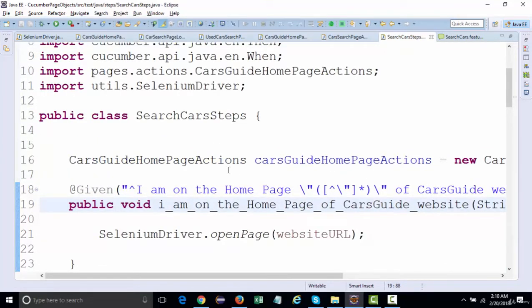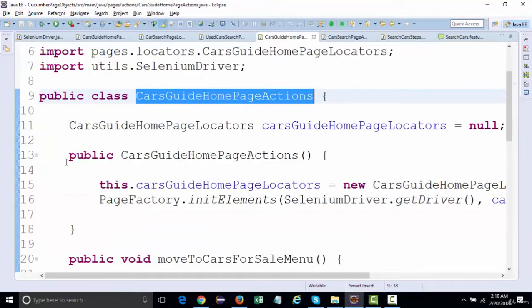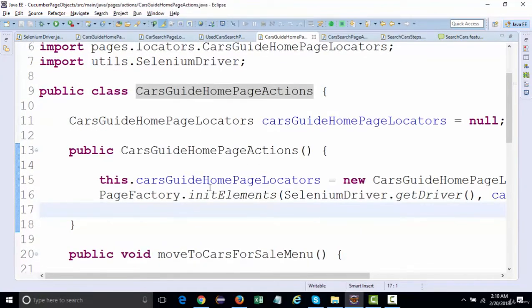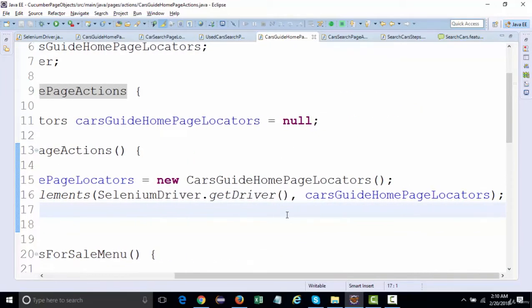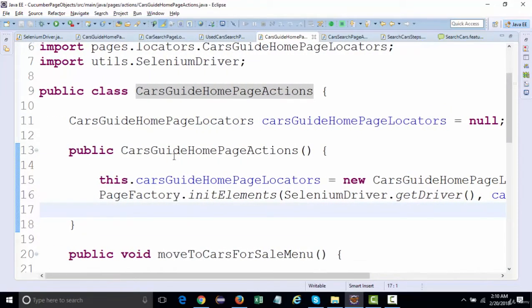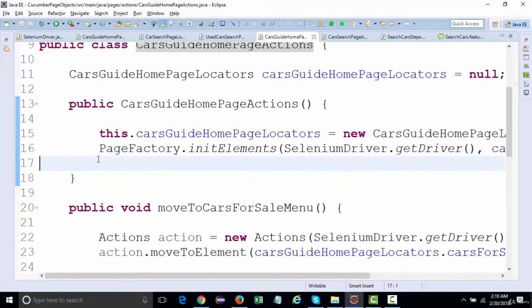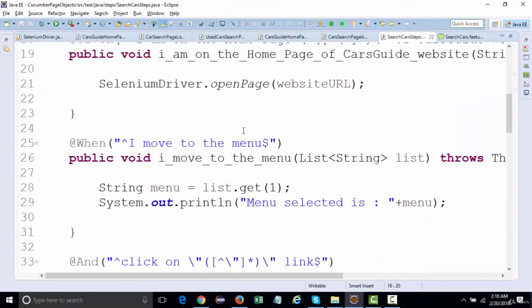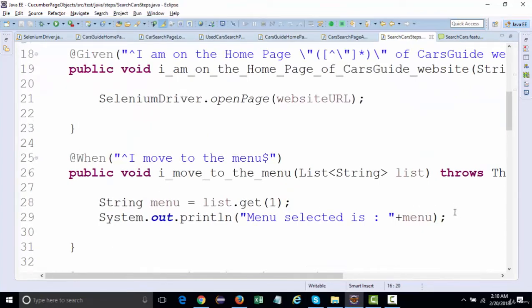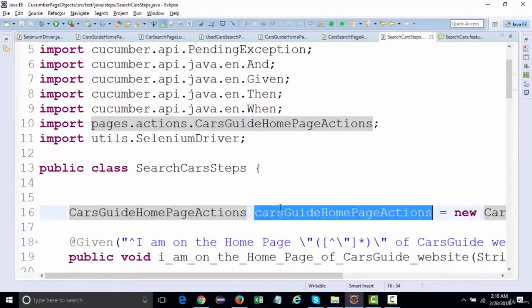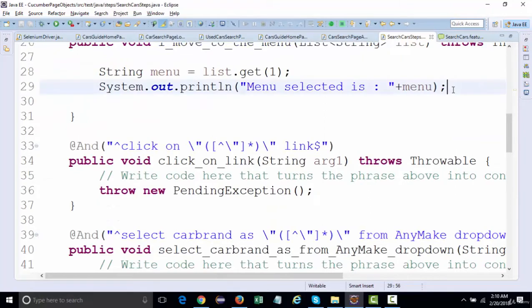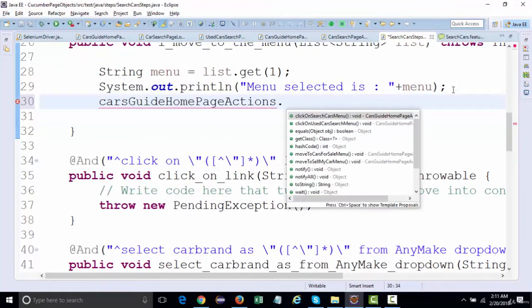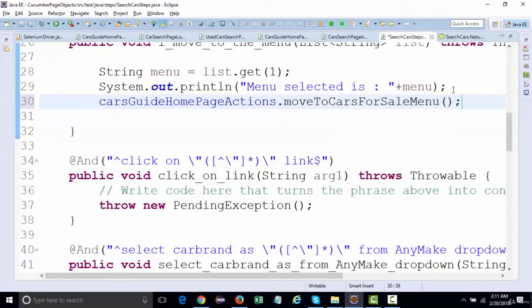What happens once an object of this class is created, a constructor is called, it will create an object of the locators, and page factory will initialize the elements of that locators class. And then we should be able to call all the methods. So the method we're gonna call over here is go to the menu. From this reference, we're going to call the method, this dot move to car for sale menu,